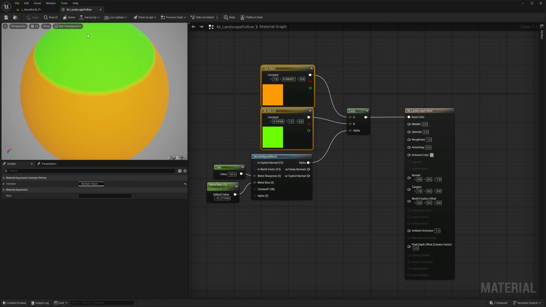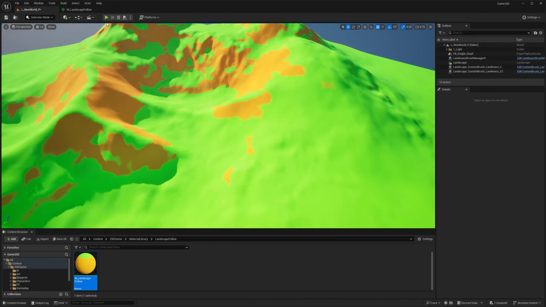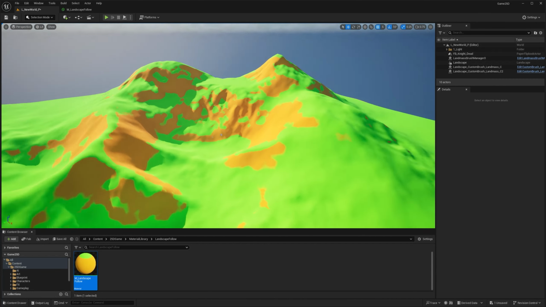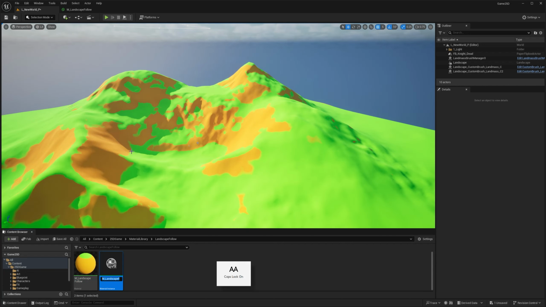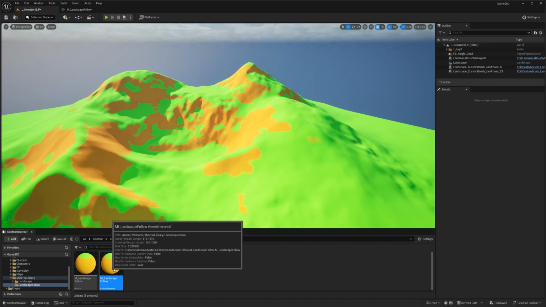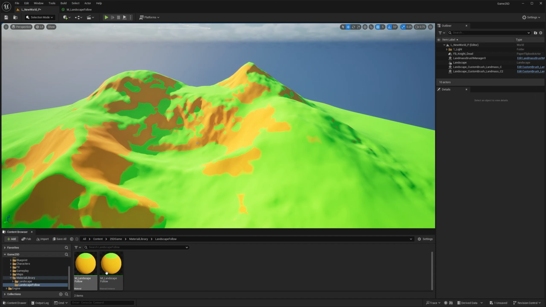I also want to make sure that I don't need to be closing and opening to make those changes. I want to be making the change on the fly. So before I even do that, I'm going to right click, create material instance. And the naming convention would be MI_Landscape_Foliage. So the difference between a material and a material instance, if you double click, you can see it's also color coded. One is bright green, the other one is dark green.